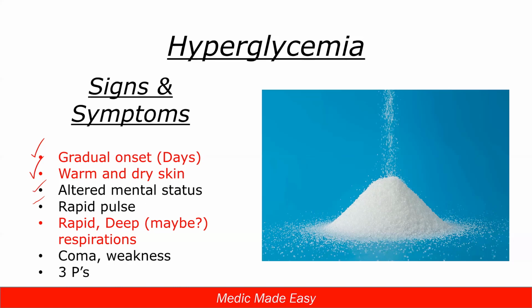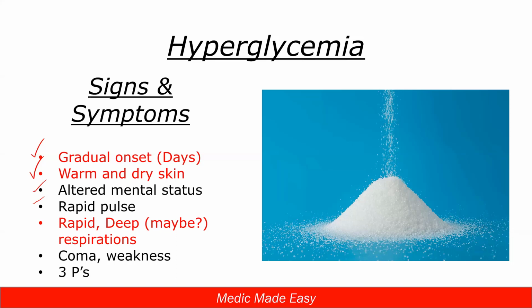On the cool and clammy side, they're much more likely to have rapid and shallow respirations. On the hyperglycemic side, some of them, and we'll talk about it coming up here, may have breathing that goes rapid and very deep. They may be sitting there taking big deep breaths, very fast, a high rate and deep breathing as opposed to shallow breathing. So if you see rapid and deep respirations, and we're going to talk about specifically what's going on with them, that's another one that's going to clue us into it being a high blood sugar problem as opposed to a low blood sugar problem.